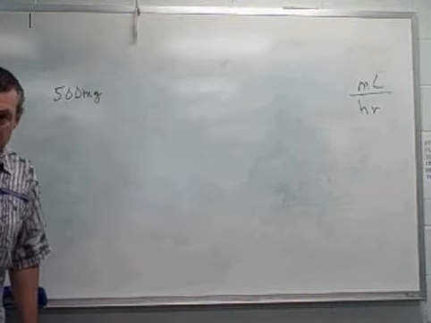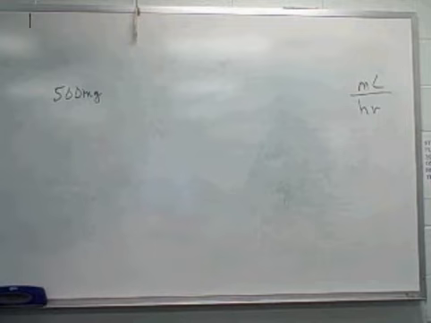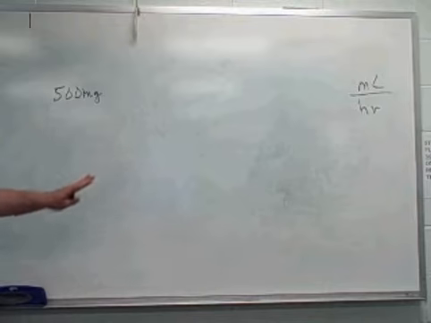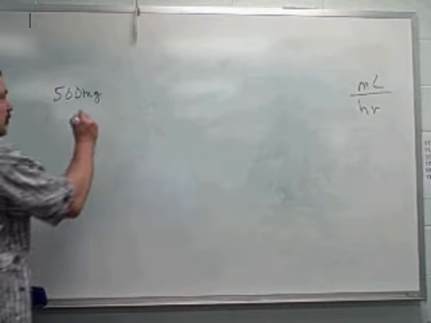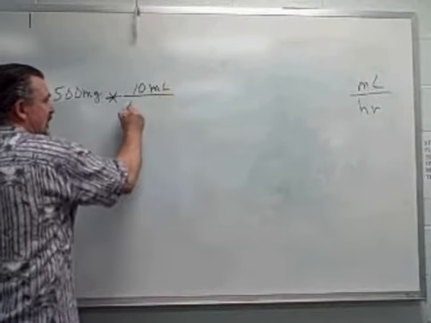But we're going to be administering it as a liquid and infusing it. So we need something that relates the solid drug to a liquid. Well, we have that, don't we? The concentration of the drug is 100 milligrams per 10 milliliters of D5W. So couldn't we set up this conversion fraction,